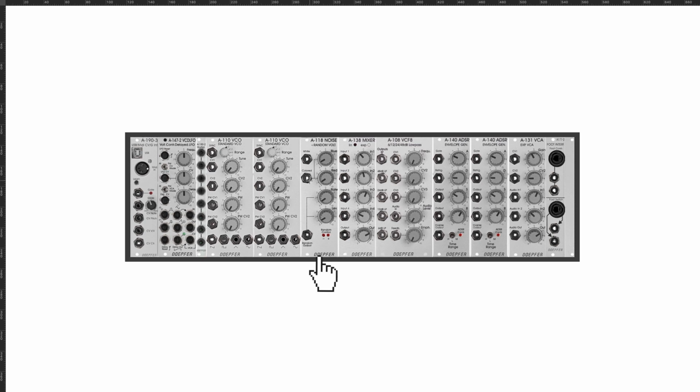These random CV signals, you can send them everywhere. Everything that accepts CV in, you can send them to, and it will randomize voltages. We have the mixer. It's a linear mixer, great for mixing audio signals. It has 4 inputs, so you can put different wave shapes from one VCO or both VCOs in there, and